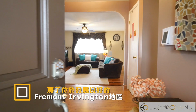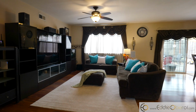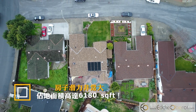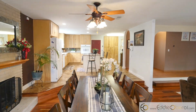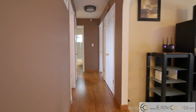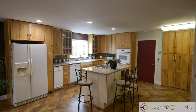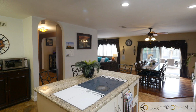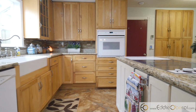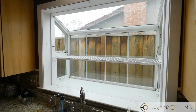This cozy suburban-style home is located within the rapidly growing Irvington area of Fremont, California. Situated on a large 6,180 square foot lot with great curb appeal, the open and bright floor plan offers large windows, recessed lighting, and a great amount of space for entertaining. I love the gourmet kitchen, which features granite counters, light wood cabinetry, center island with storage, and a farmhouse sink